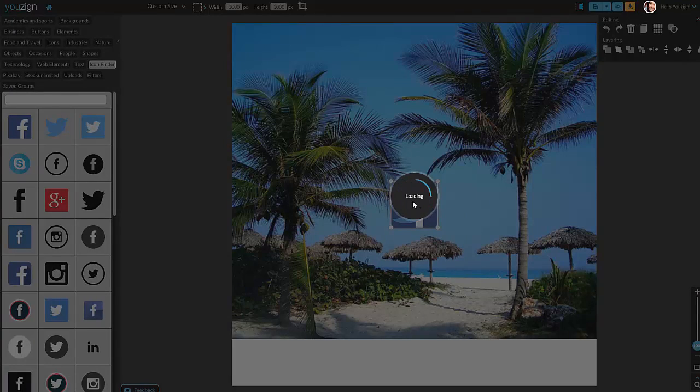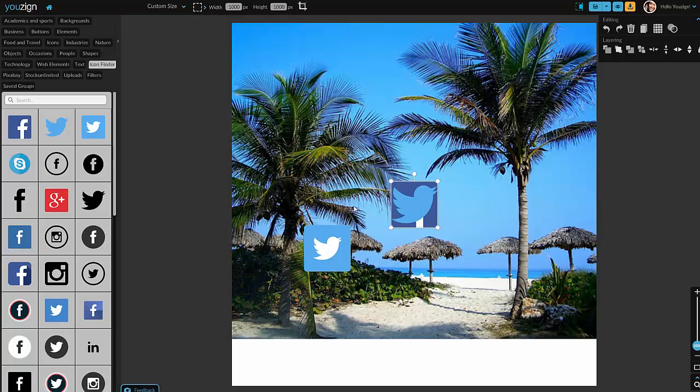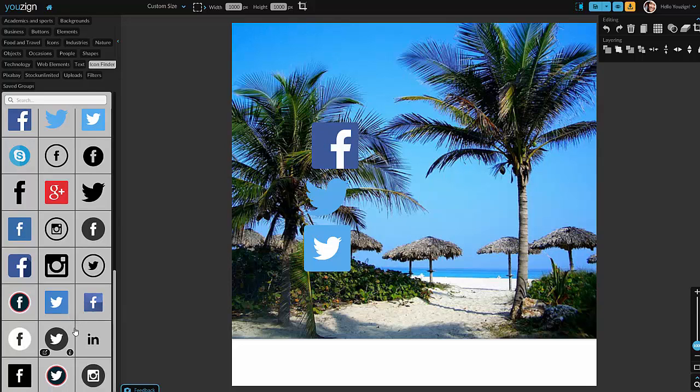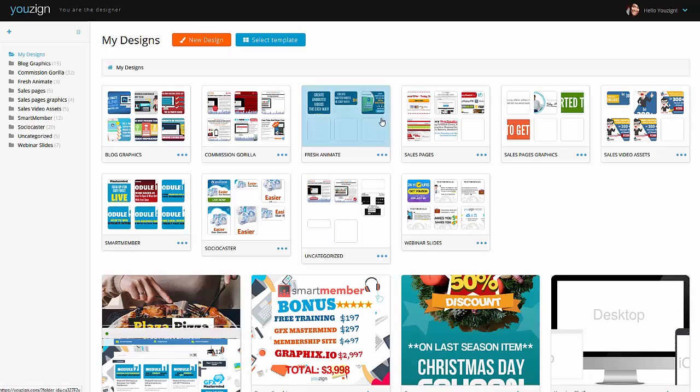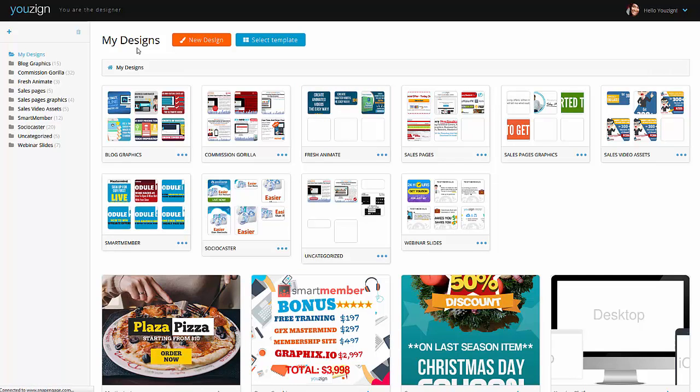And to be honest, pretty much all our design work is done now in Youzign without having to leave the app at all. So it really is pretty powerful. There's nothing else out there like it as good as this. So if you can get the idea now of some of the options here on the left hand side. Let's go back out to the home page. I'm going to show you some more of the templates now. I'm not going to show you all of them because we're going to have over 1,000, but you click select template again,